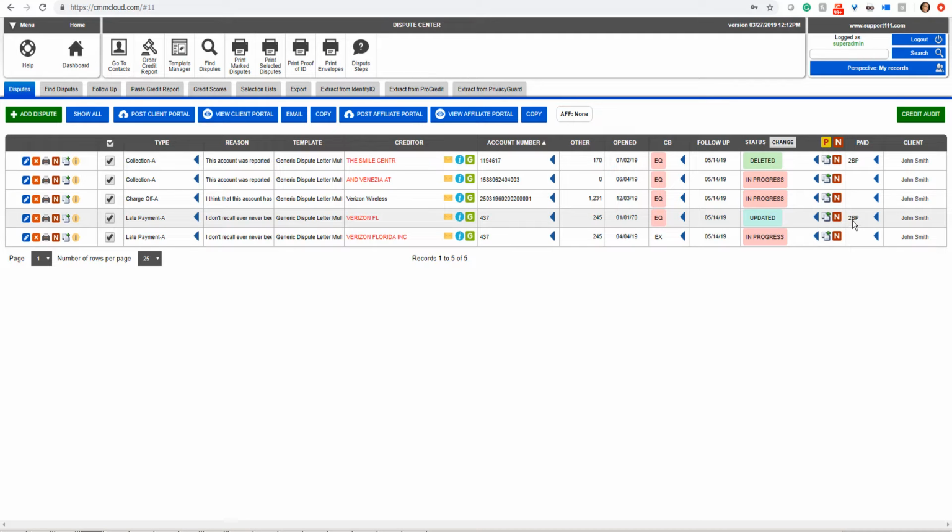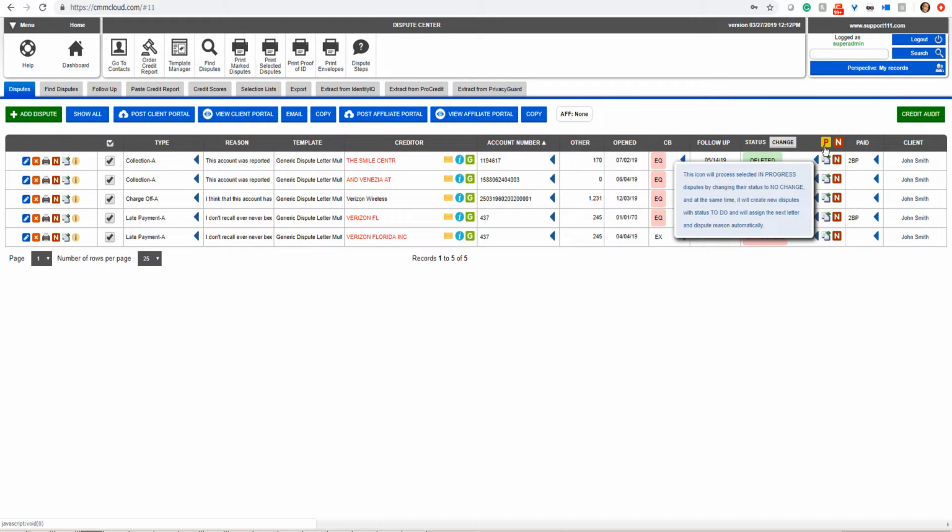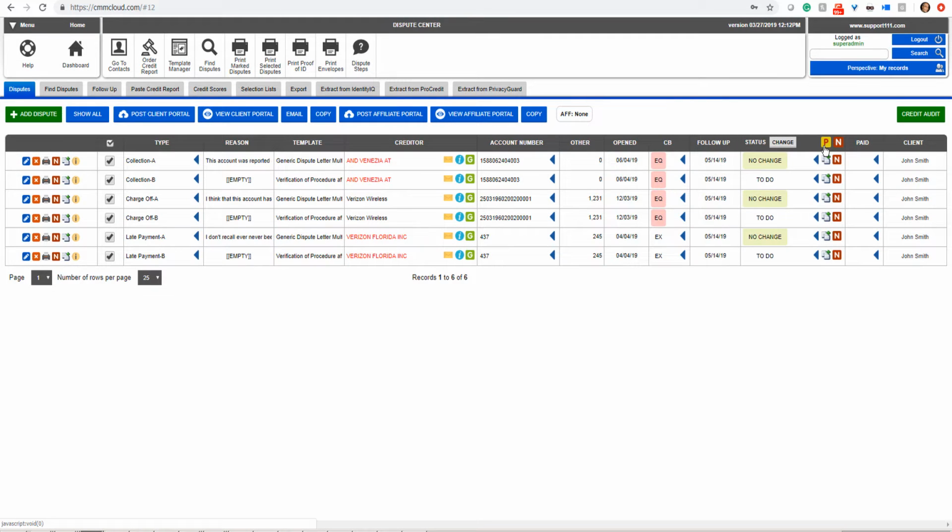Also notice that the to be paid symbol here was automatically set, in case that you want to process payment for deletion, etc. But right now, not the software, you will need to basically change the same dispute, losing the line of communication again. So this one, you see AAA, this is first round. So here is only one button, this button. That's all. So it's one click, and now the three that were not changed, in fact, are changed to no